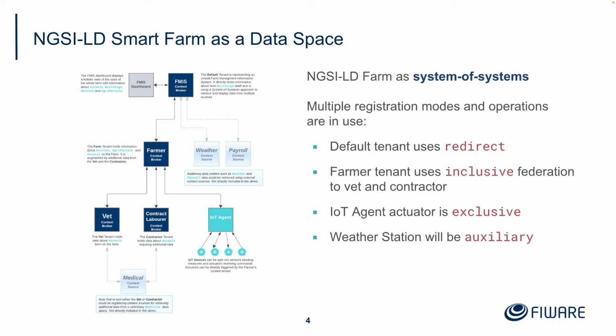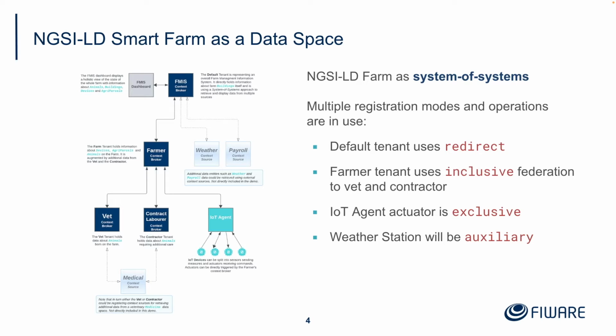So the farmer's context broker obviously wants to get this information about the animals holistically. They in turn have got multiple information about animals born on the farm, animals requiring care on the farm, and obviously devices like temperature gauges, soil sensors, or animal collars. So in this case, the farmer has data themselves, but they also can get data from the veterinary contractor to add them together. That is an example of an inclusive federation. The farmer also might want to do things on the farm with an IoT agent. So that would be an exclusive